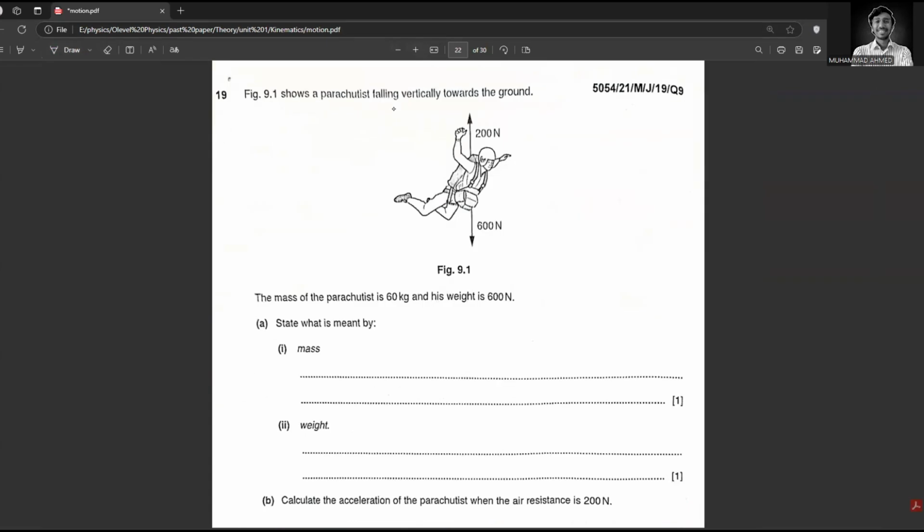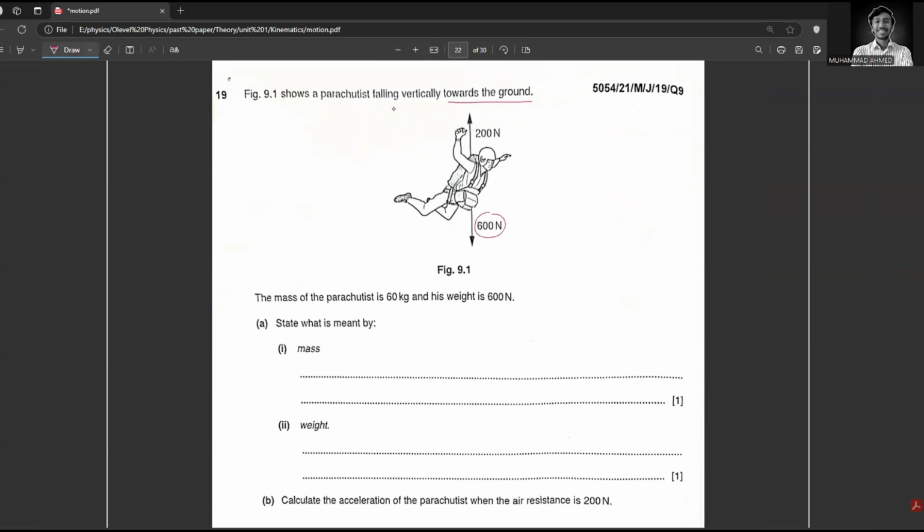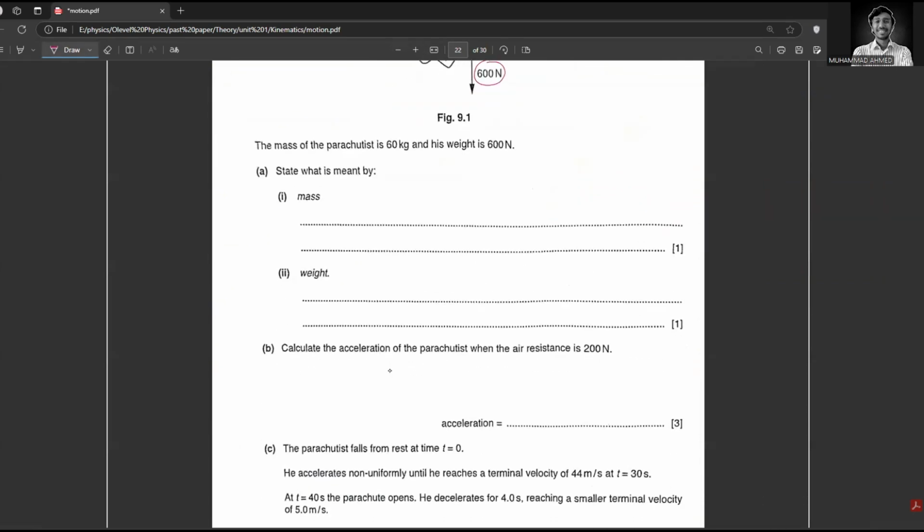Figure 9.1 shows a parachutist falling vertically downwards towards the ground. The downward force is 600 newtons. The upward force is 200 newtons. State what is meant by mass. Mass is the amount